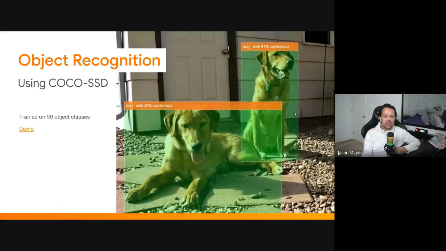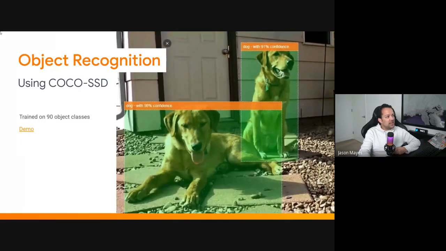And that means you can present an image like the one on the right-hand side here, and it will give you the bounding box information for the objects it can recognize in the image, like these 2 dogs. And that's great because then it allows you to localize in the image where the object is. And if you can do that, you can also then count how many of the object there are. So there's 2 dogs in this image, and we can see where they're sitting or standing. Now, this is different to image recognition, which only will tell you that there's a dog in the image, but not where or how many. And that's the difference between image recognition versus object recognition.